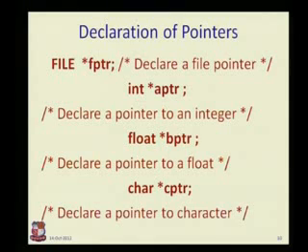Another example is with the float data type. Declare a pointer to a float. That we can do by using float star and the name of that variable. So now bptr is basically pointing to a float variable. Character pointer, declare a pointer to a character. So what is this doing? This is basically pointing cptr to a character. So now we know that if we want to point to a character, I have to declare a character pointer. If we want to point to a floating number, we have to declare a floating pointer. If we want to point to an integer, we have to declare aptr, which we gave in the first example. So these are the declarations of pointers.